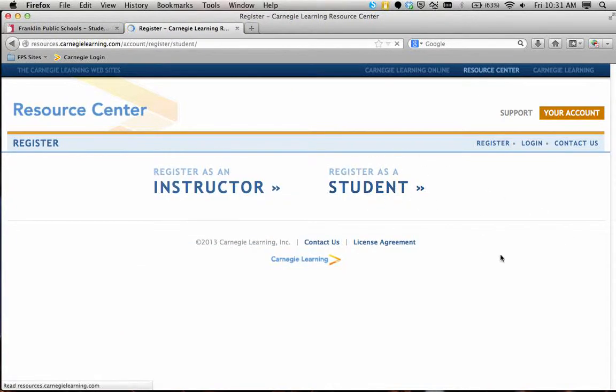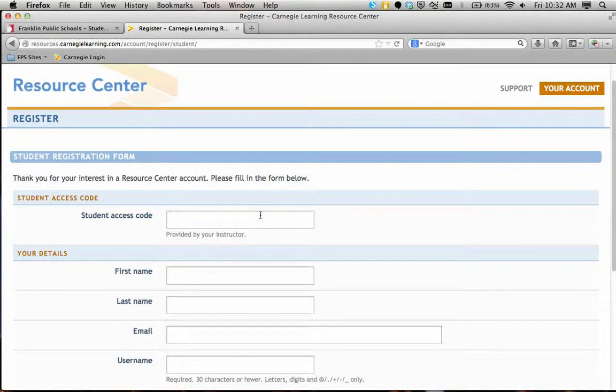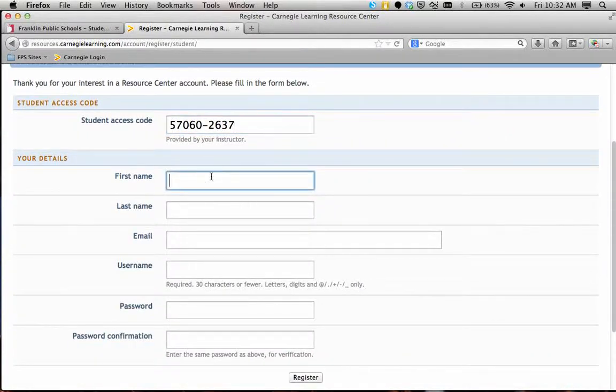Obviously registering as a student, and this is where you're going to put in that code. So I'm going to register here as a middle school student. So I'm going to put in the correct code, and you're going to work your way down. You're going to fill in. So I'm going to use fake student, fake.student @ and we want you to use your Franklin Sabres email address